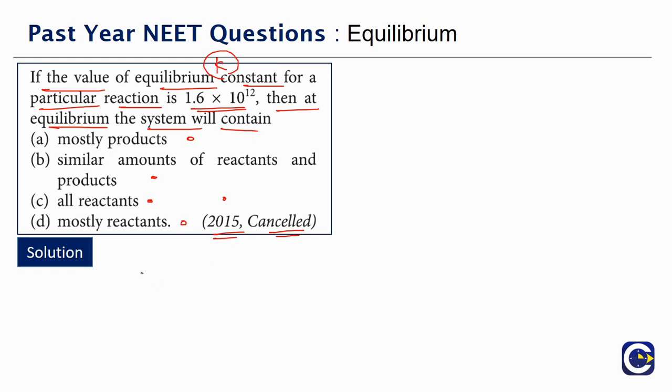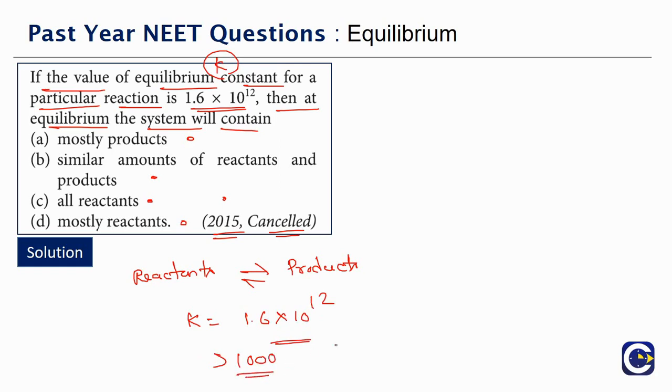See, if you look at any equilibrium, let's say we have an equilibrium where we have reactants leading up to products. The numerical value of equilibrium constant. Here, what is the value of equilibrium constant? 1.6 into 10 power 12. So typically when you see the K value which is more than 1000, that's an indicative of the reaction happening to a large extent, because what is the equilibrium constant expression? If you talk about the Kc, it is the product concentrations raised to the suitable powers divided by the reactant concentrations raised to their respective powers.